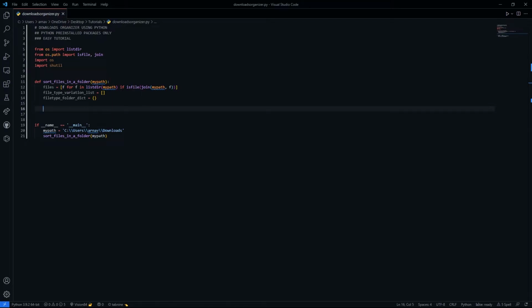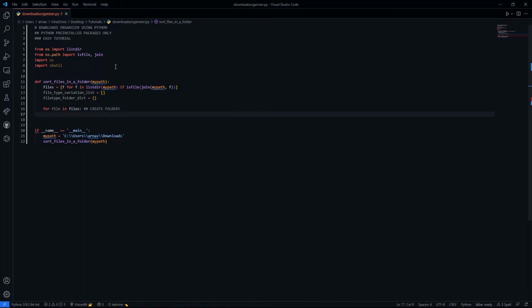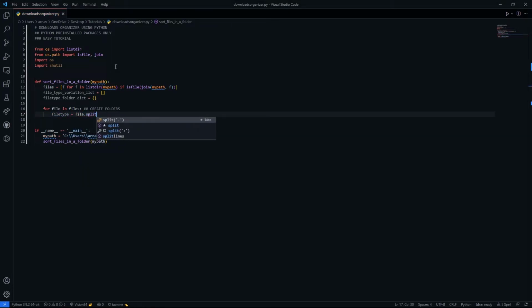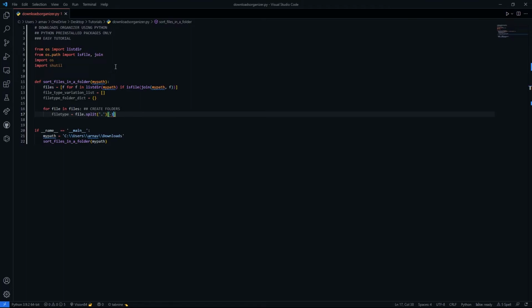Alright, so let's do for file in files. And I'm just going to do create folders so everyone knows. And we're going to set the file type to file.split, not by file, period. And then we're going to take the -1th index. So the -1th index takes the last item in the list, and we want to do this instead of taking the first index,